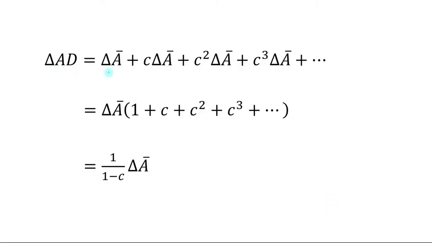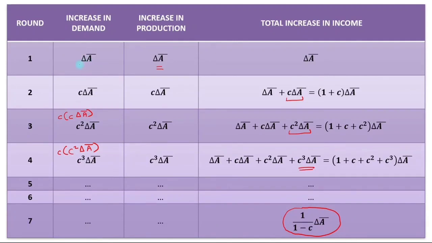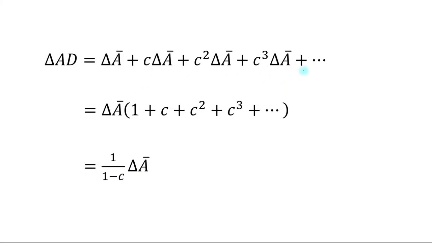Change in AD equals change in A bar plus MPC change in A bar plus MPC square change in A bar plus MPC cube change in A bar, and so on. We can take change in A bar out, and the terms left in the bracket are 1 plus MPC plus MPC square plus MPC cube, and so on. We can observe that the terms in the bracket